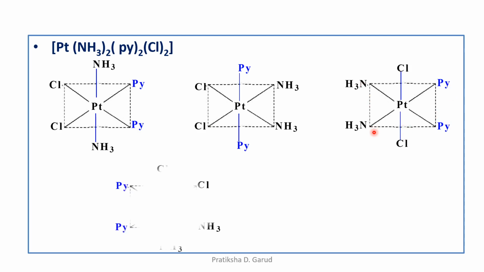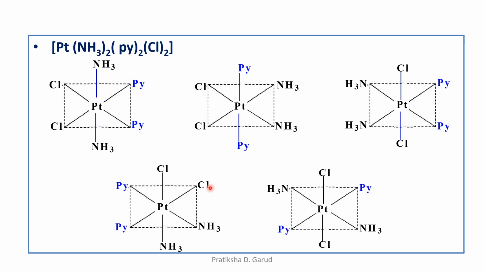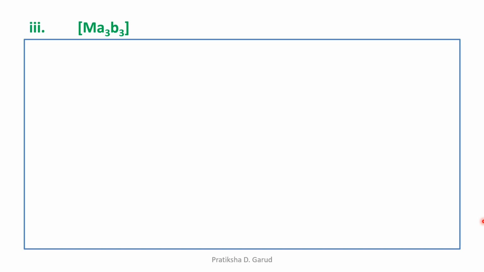Then the fourth type. In the fourth type, all the 3 types of ligands, that means the 2 NH3, 2 pyridine, 2 chlorine, are all cis to each other. And the last one, all the 3 types of ligands are trans to each other. That means NH3 are opposite, pyridine are opposite and the chlorine are opposite. So these are the 5 types possible for the type Ma2B2C2. Let's take the next type, that is the